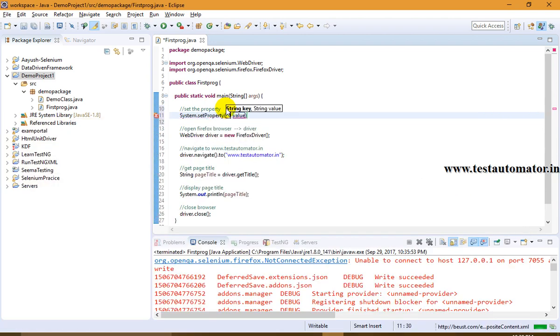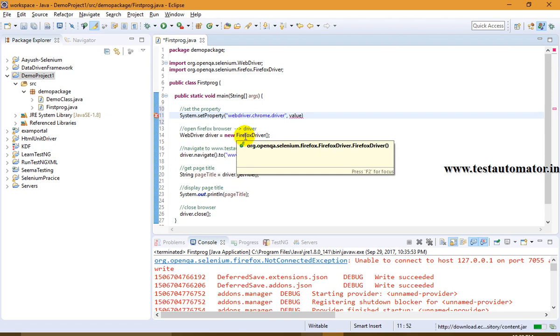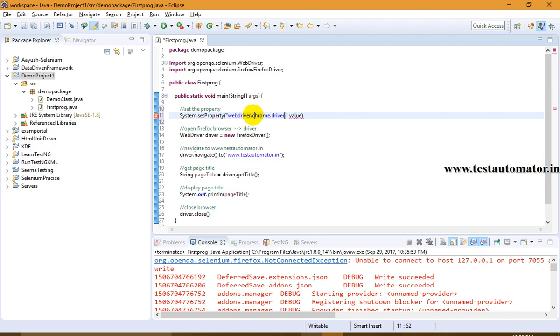where we will set system.setProperty, and here what we will set is the property of WebDriver dot Chrome dot driver, right? As I said, Firefox is the default browser, so for Firefox you need not set a property. But if you are using any other browser than Firefox, let us say I'm using Chrome here, so for this Chrome I need to set a property for Chrome driver. I want to get a WebDriver of Chrome driver,